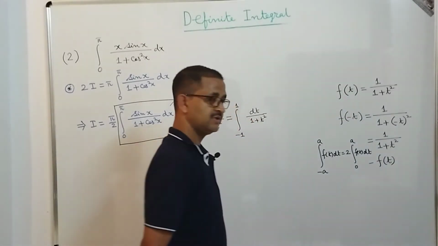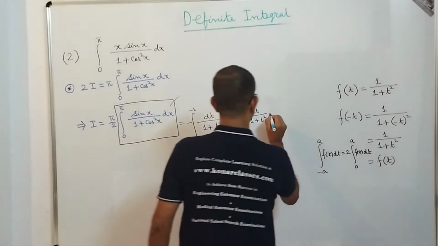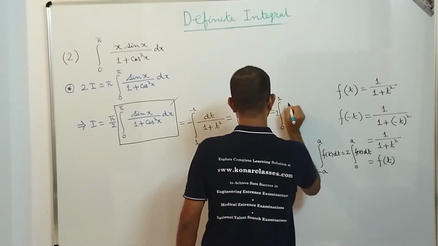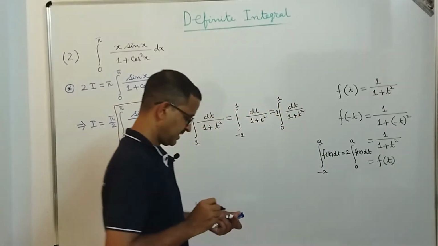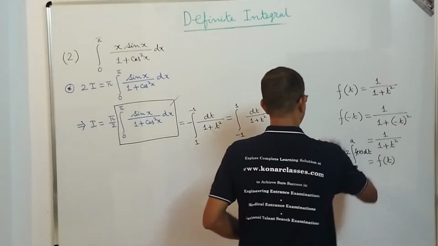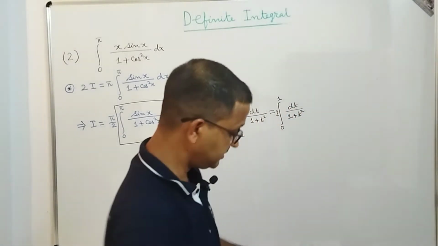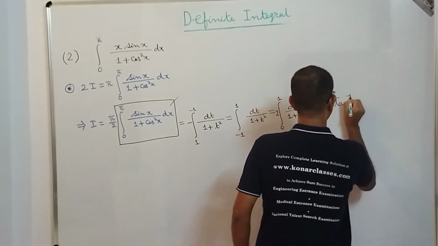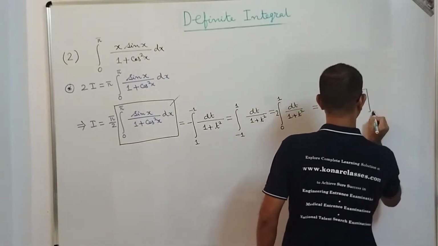If you recall, we have done that in the previous session, the last to last session. So what can we write? This we can write as 2 times the integration from 0 to 1 of dt by 1 plus t square. Okay, dear students, now what is the indefinite integration of dt by 1 plus t square? That is equal to tan inverse t, if you recall. So what we get here, dear students, is 2 into tan inverse of t, from 0 to 1.